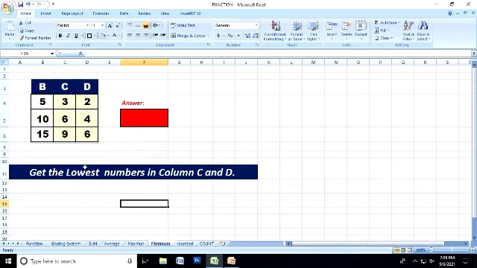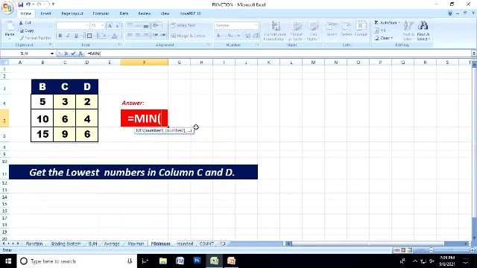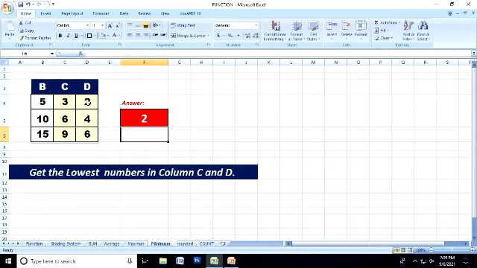Minimum. Get the lowest number in column C and D. So, lowest. So, C. Type natin equal sign, followed by min for minimum, open parenthesis. Okay, select C4 to D6, and then close parenthesis, enter. So, automatic, makukuha natin yung